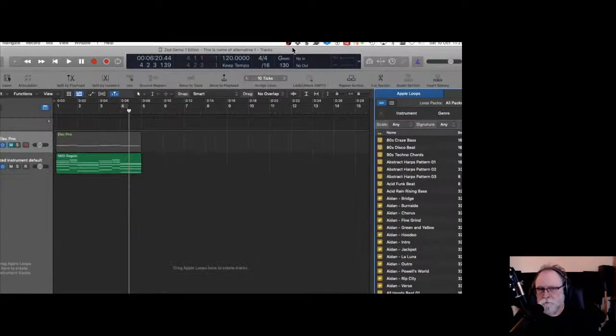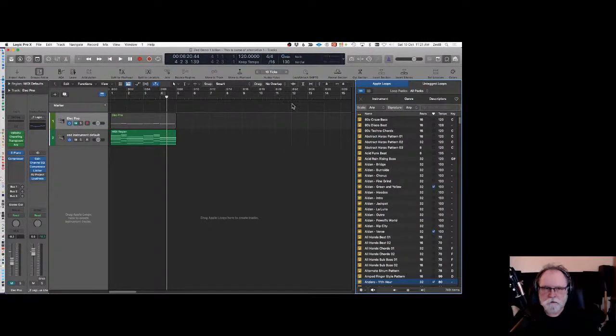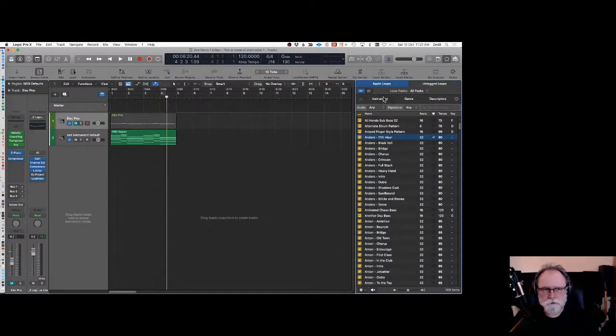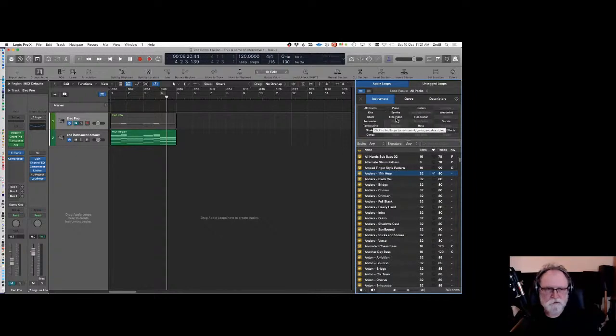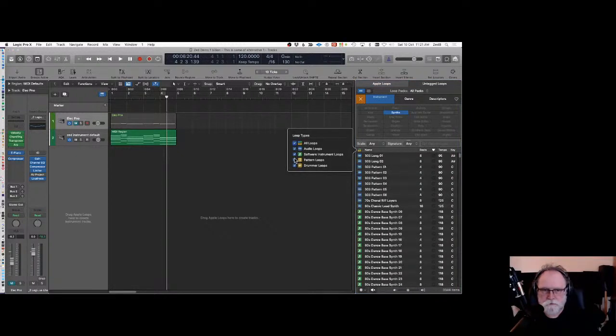And why you should be really careful about setting a key signature for your song is if you're actually using things like loops, Apple loops. I'm just going to go, I don't know, synths. I just want to go to regular software instrument loops, just clicking the little filter button on the corner there. So I just want something like,